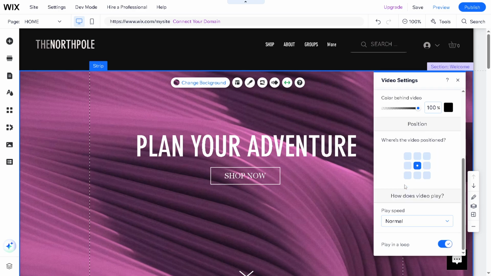Finally, you are given a choice of whether the video loops or not. This could be a handy feature for short videos or snippets that you want visitors